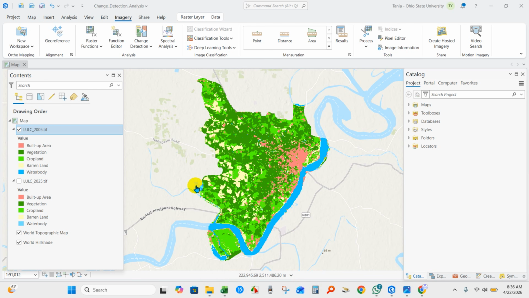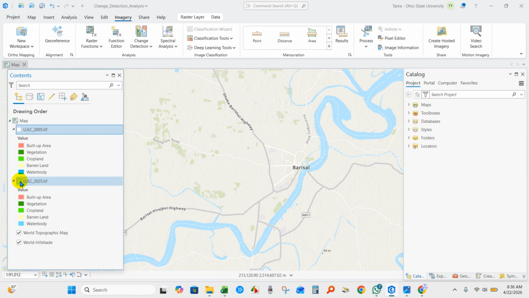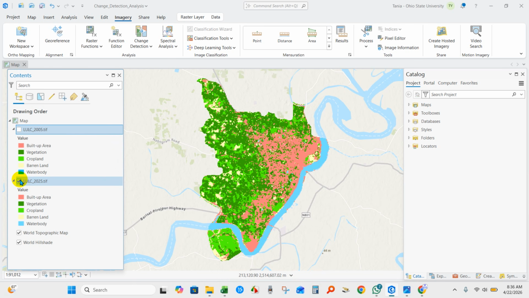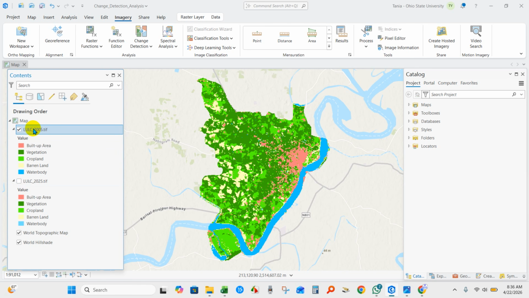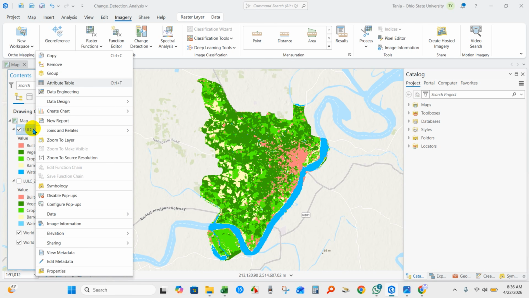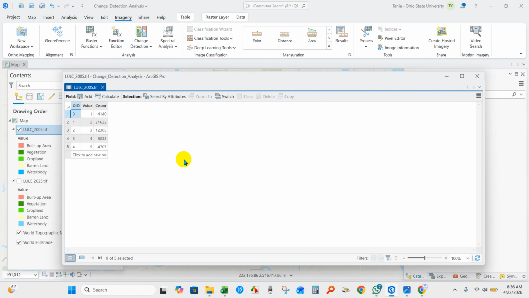You can see over here our LULC map for 2005 and LULC map for 2025. So now we will perform change detection analysis. First I will go to the attribute table, click here, and add a class. From here just click add